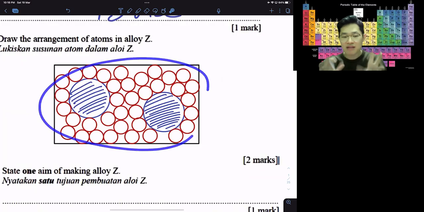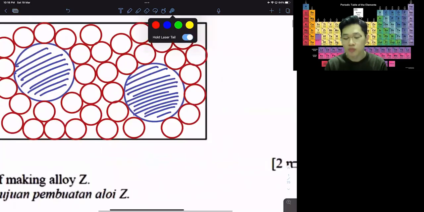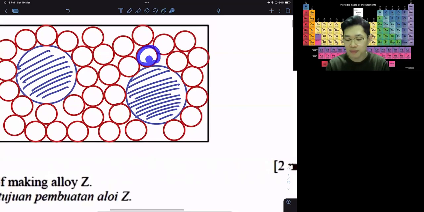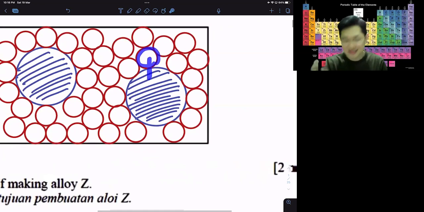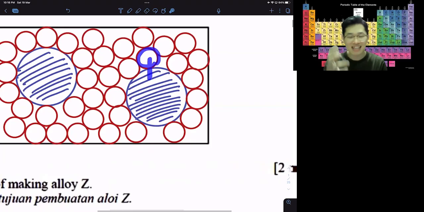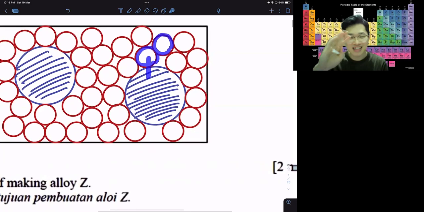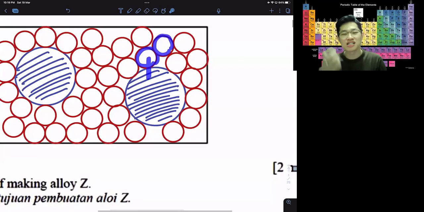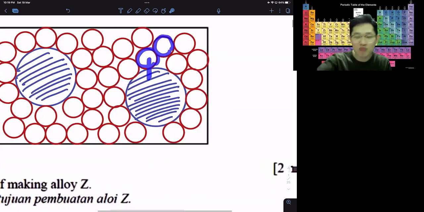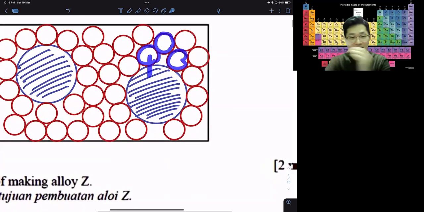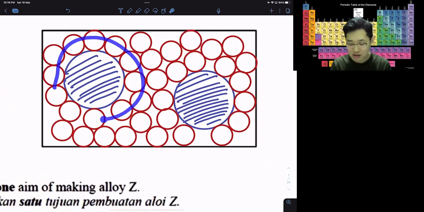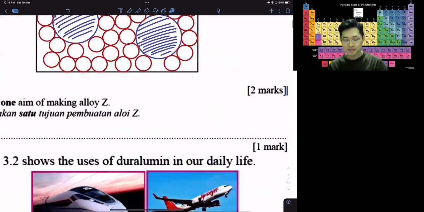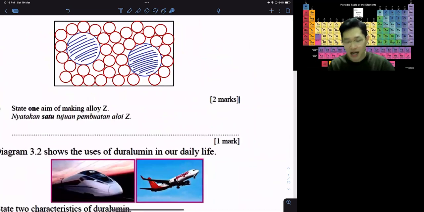In order to make it very messy, this is what you can do. You can do it this way: one small atom sticks together with the big atom, and then another one doesn't stick to the big atom. One in, one out. In English means one in, one out. It also can. Then the arrangement will become very messy already. But if you want to do it like me also can. I put one circle and then this one has no space to fit in. I just put it outside like that a bit. Also can. Then you fill up the empty space with some small atoms.